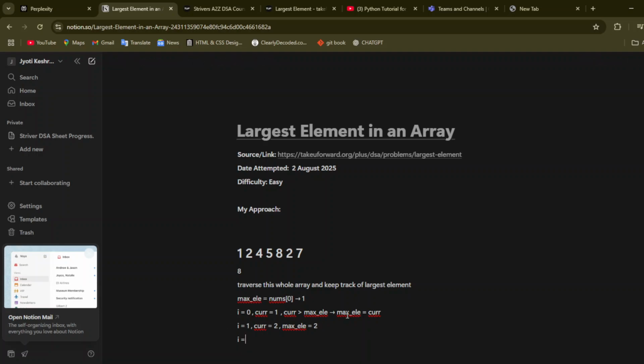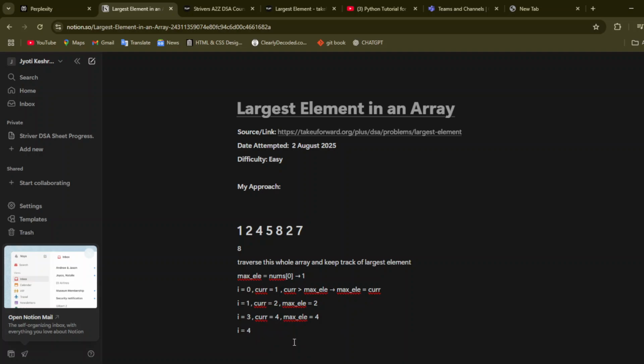And now i is equal to 2. Now the current element is 4 and my max element is 2. Is my current element greater than max element? Of course. So the max element will be updated and its value will be 4.